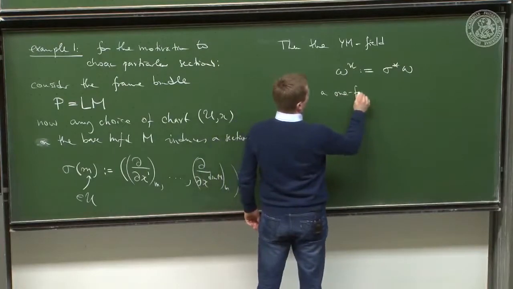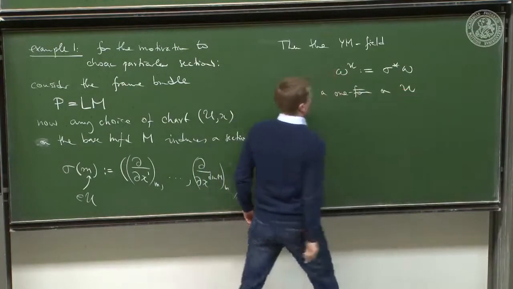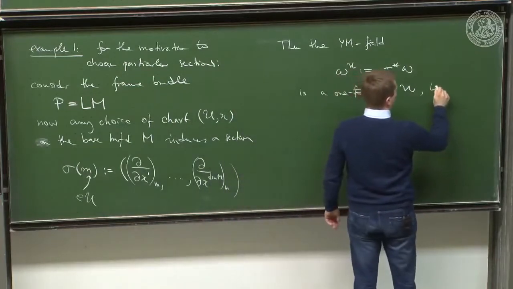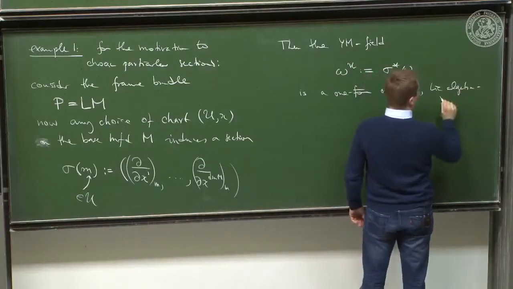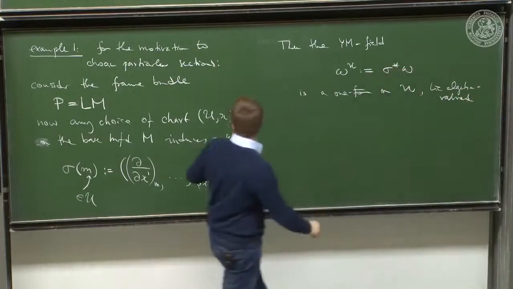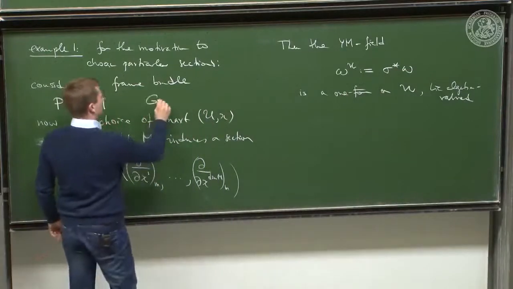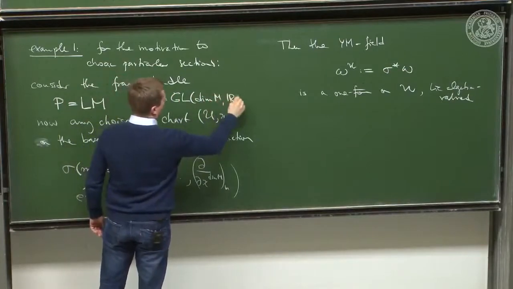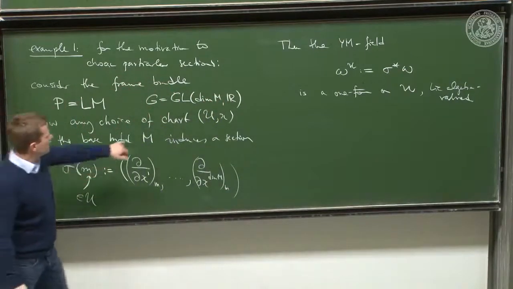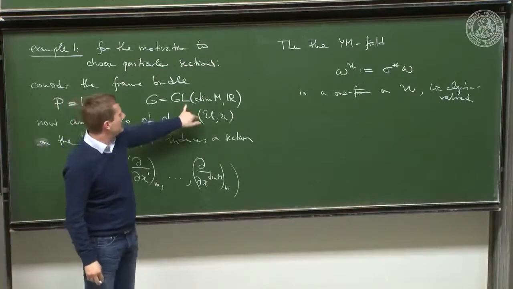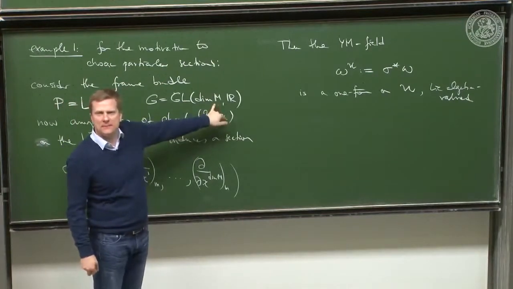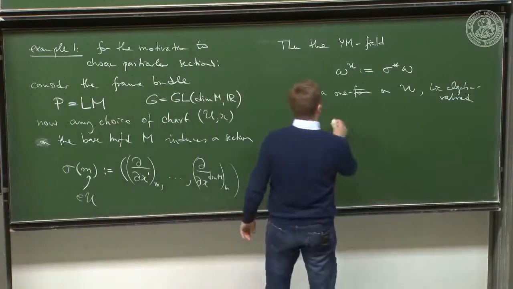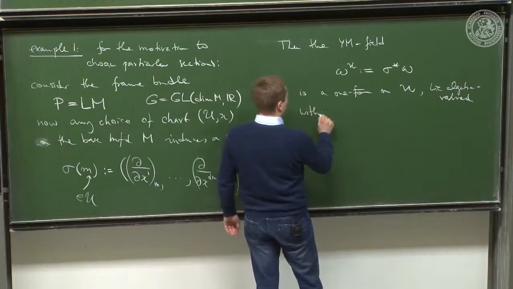It's a one form on U, and it's Lie algebra valued. But what's the Lie algebra here? Well, the group is GL(dim M, R). And what's the Lie algebra of GL? Well, it's any dim M times dim M matrix, right? And so with components,